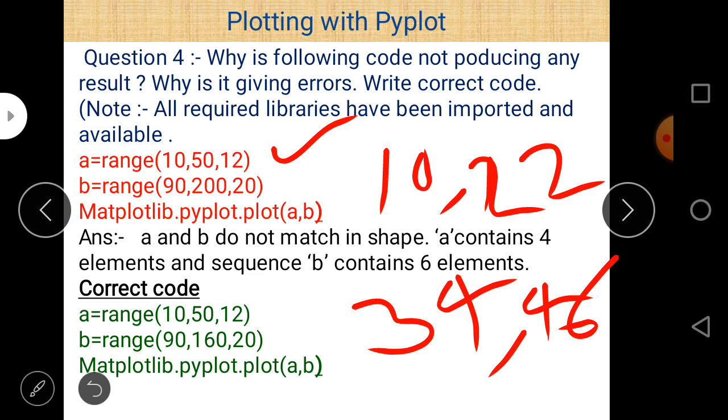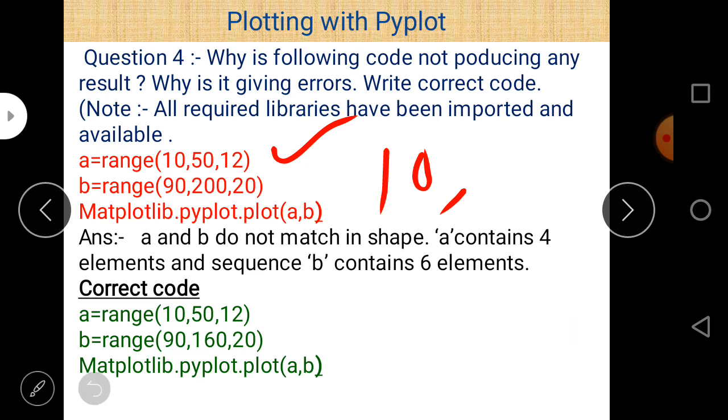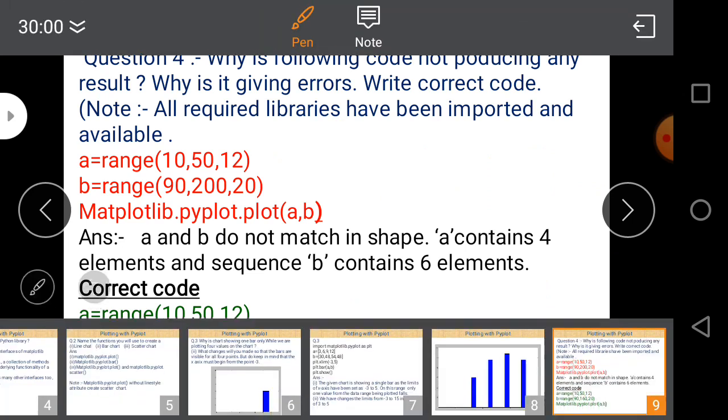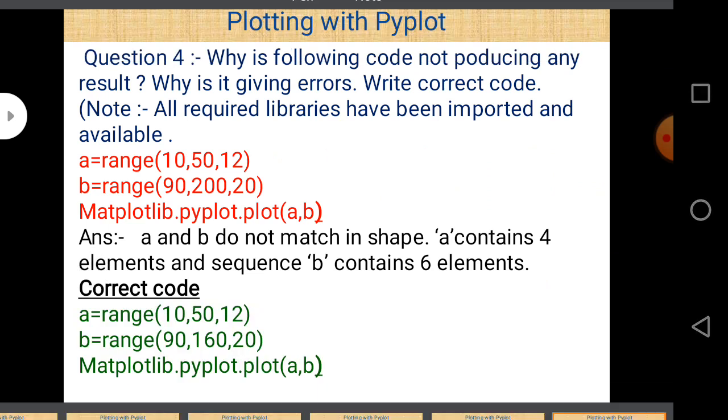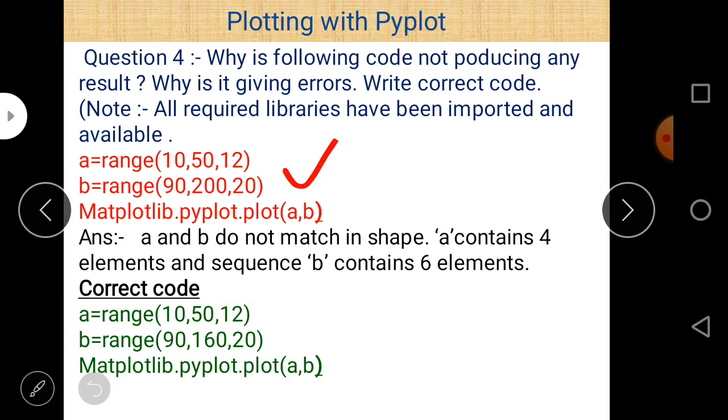And what about b? b starts from 90 and goes up to 200, and there is an increment of 20. We can easily see it on our screen. It starts from 90 and goes up to 200. So the first value is obviously 90, the second value is 90 plus 20, it means 110.